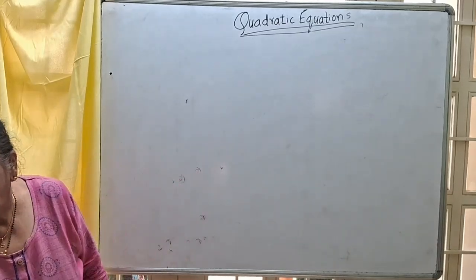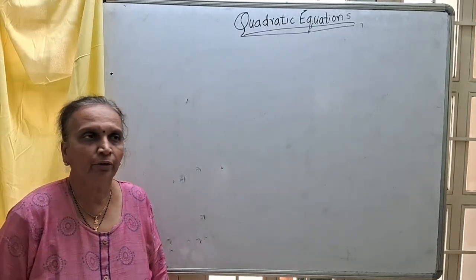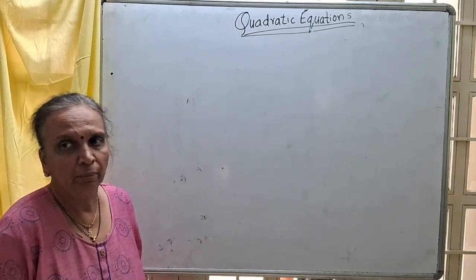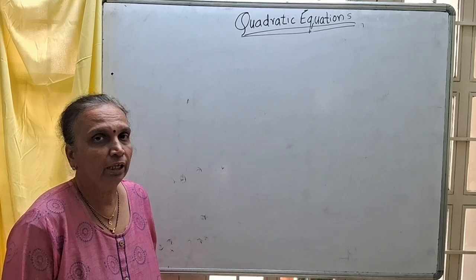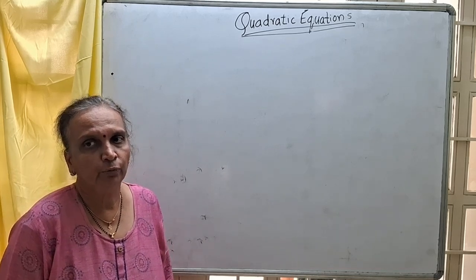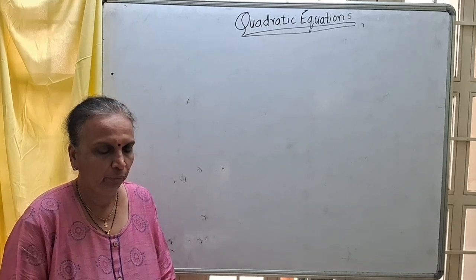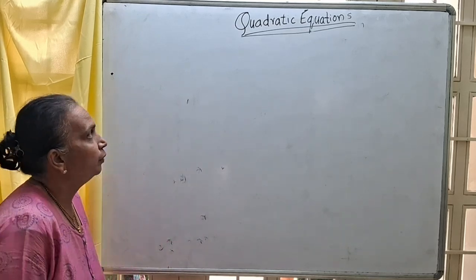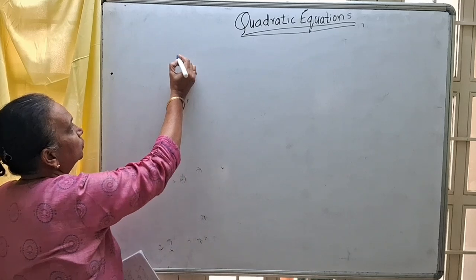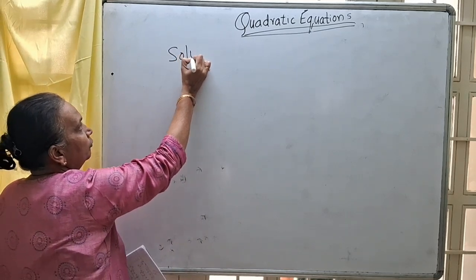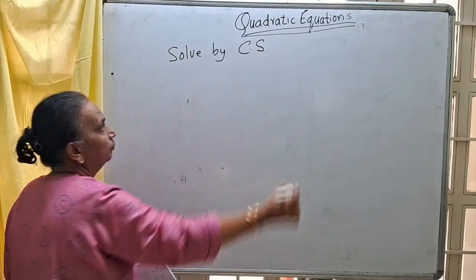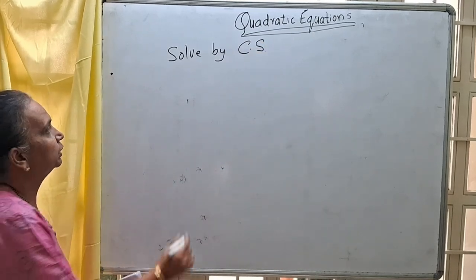Hello children, once again we have come with quadratic equation solving by completing the square, other than 1 as a coefficient in the equation. Again we are going to take a few examples for your understanding. So again it will come: solve by completing the square. We'll take the first example,